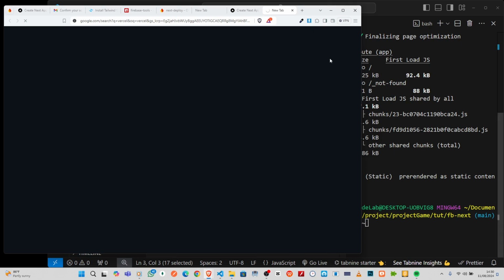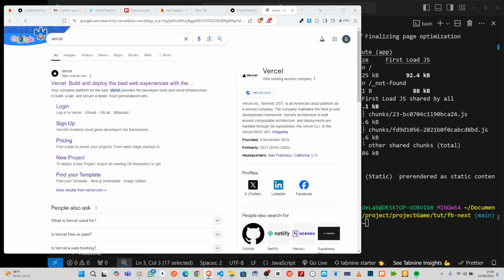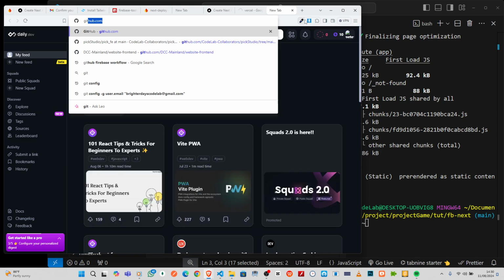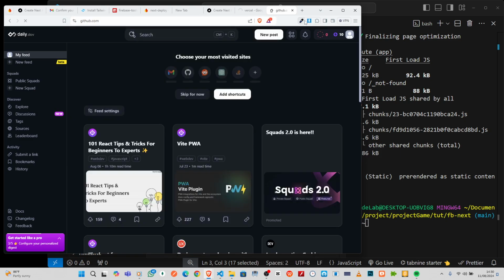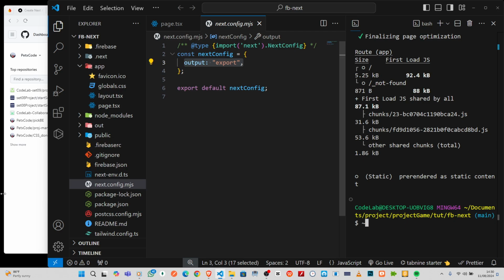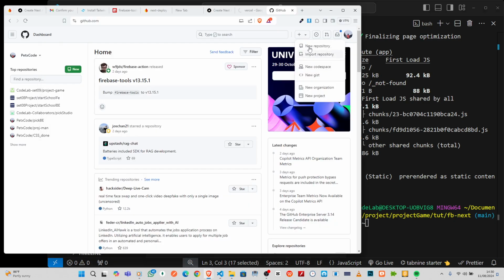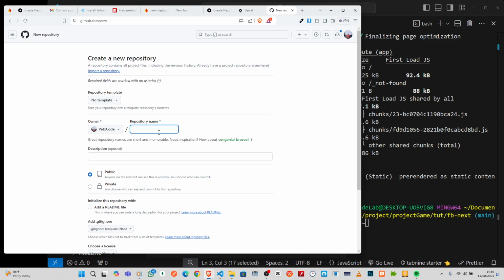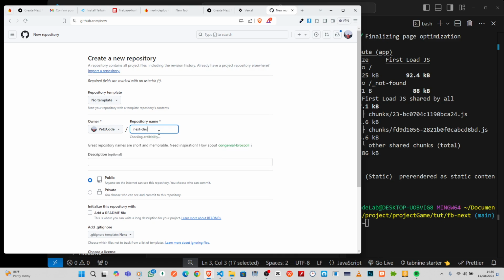Amazing. Of course, NextJS is developed by the Vercel team, right? So obviously theirs should be much easier to deploy on Vercel. So while my Vercel is loading up, the first thing I need to do is come to my GitHub, right? I want to make sure my code is on GitHub, because this will allow us to do some pipeline integration, right? Makes sense, right? Okay, so let's call it next deploy